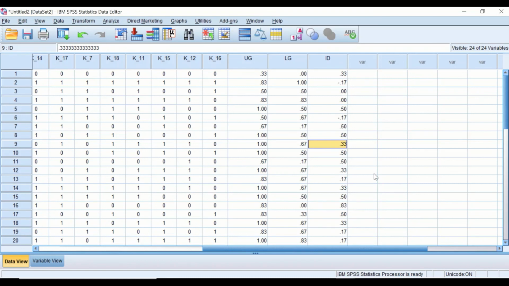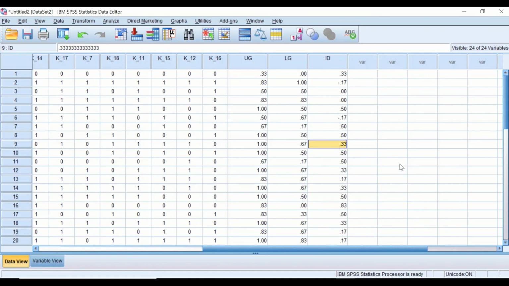In SPSS, first calculate the total, then rank them, then transpose your data, and then calculate the upper group proportion and lower group proportion, and then subtract them from each other to